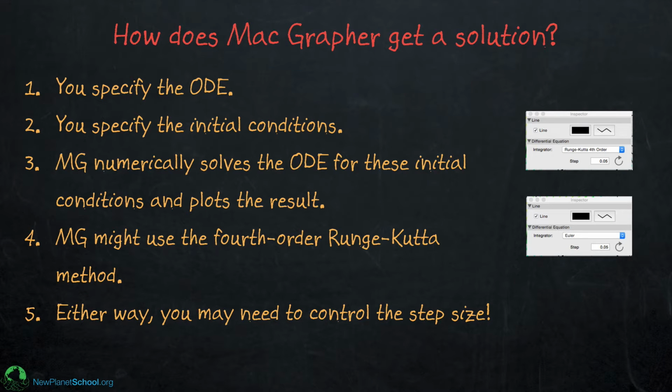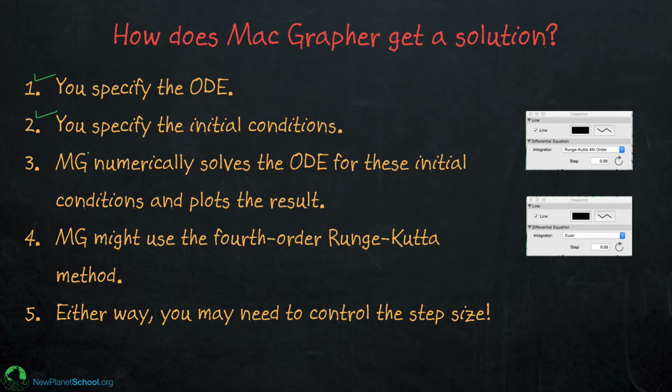So it's important also when you use MacGrapher, it's not just a black box. Solving differential equations is actually a fairly difficult thing to try to do. It's a whole subfield of applied mathematics, and so you need to be a little bit in control of what you're doing. So you're going to specify the ordinary differential equation, you're going to specify the initial condition, and then